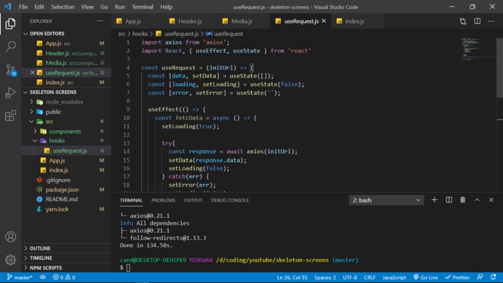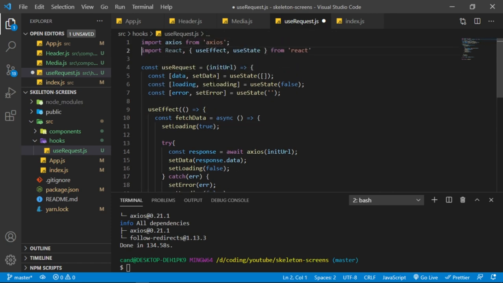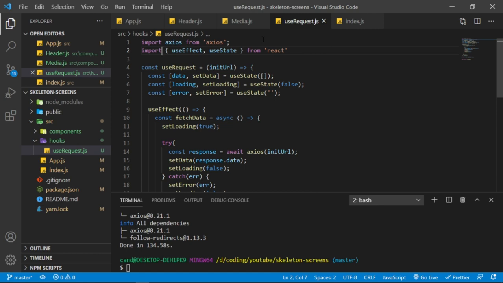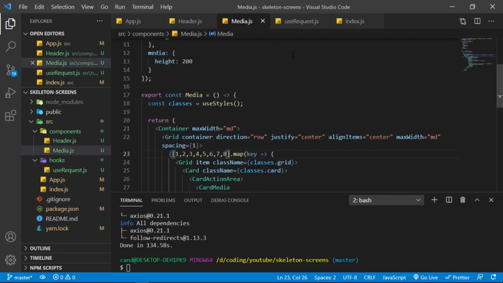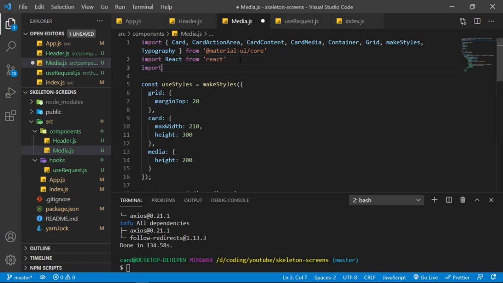Now we can use this useRequest in our app. This should be fetch like so, and I think we don't really need to import React in here. Let's get rid of that. So now we can use this useRequest. So let's go to media now. Let's import the useRequest in here. So we can say import useRequest from